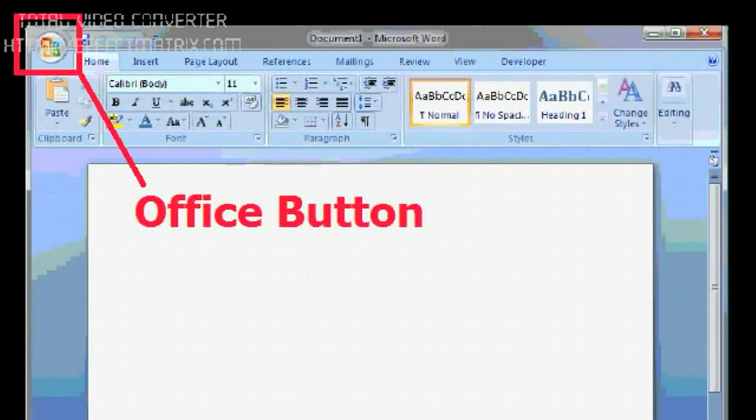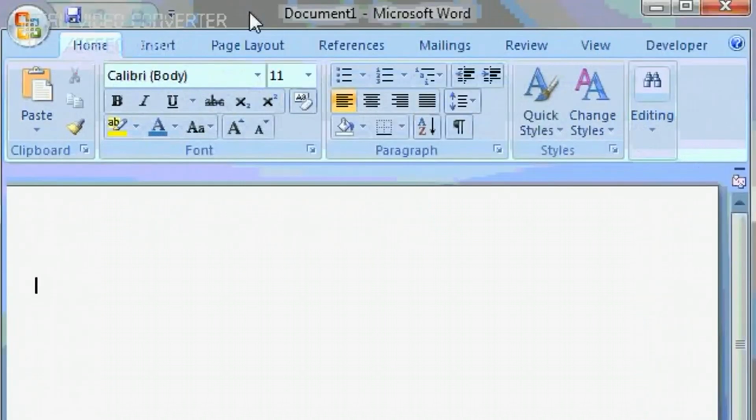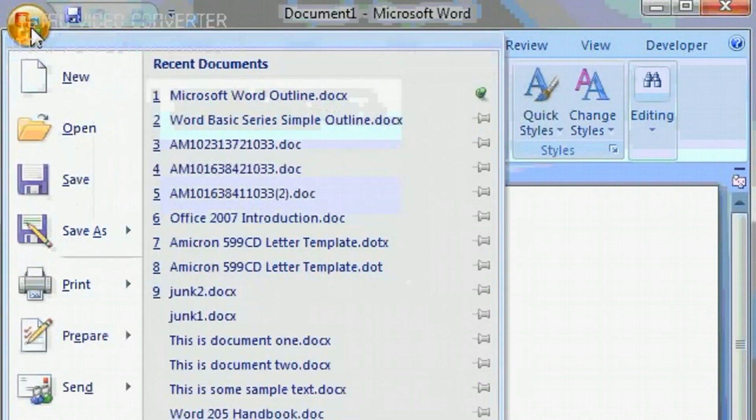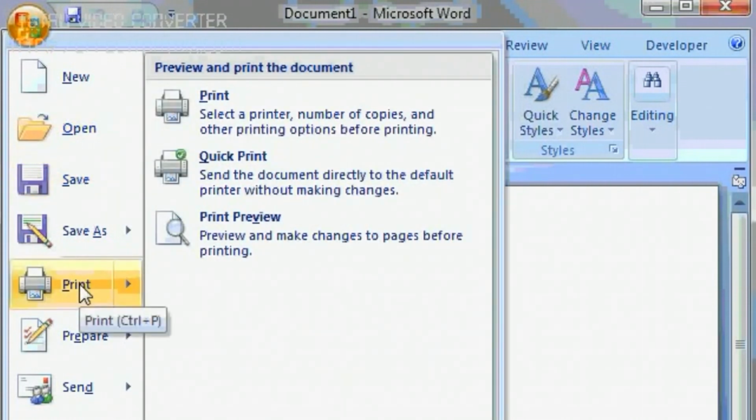Over in the upper left corner, we have the new Office button. The Office button is where we'll go to do things like save our document, open a new document, print our document, and so on. There's new, open, save, print, and we'll talk about a lot of these functions